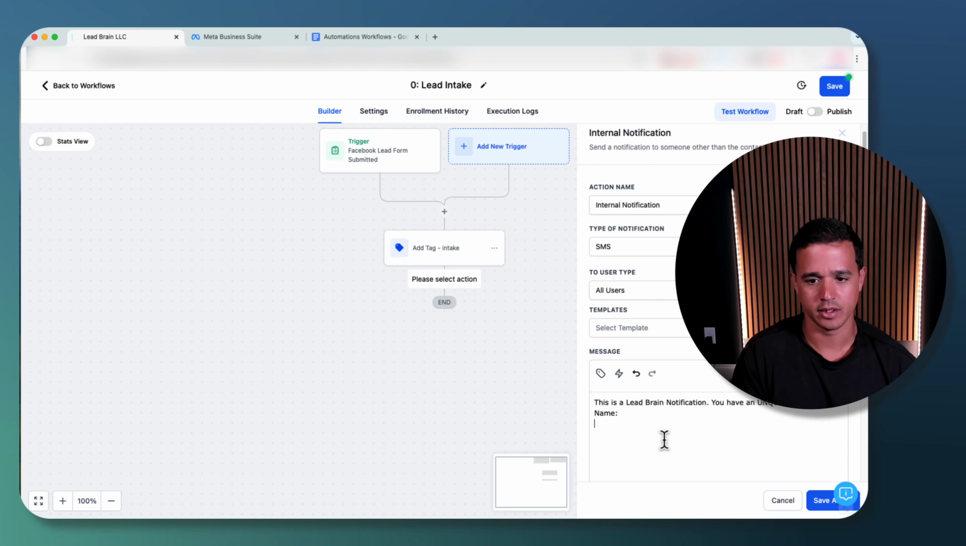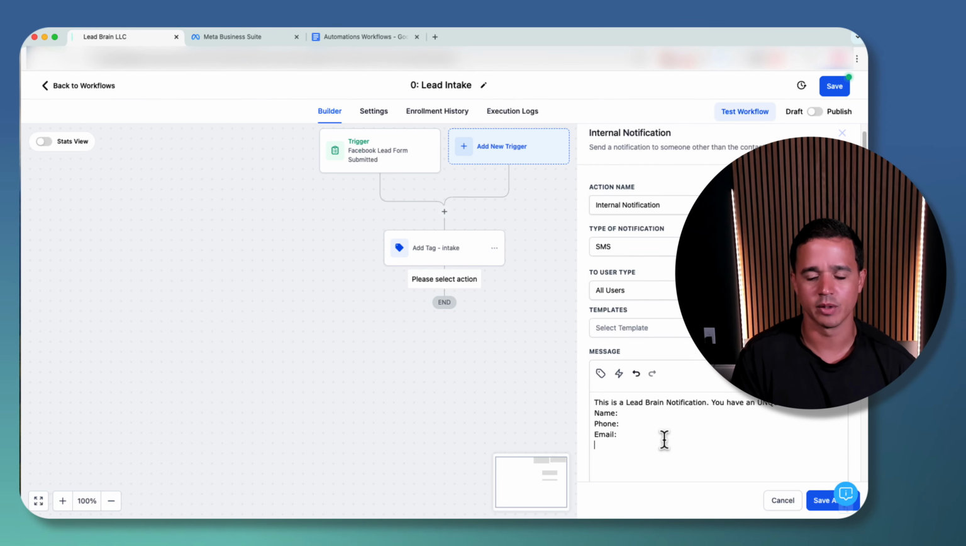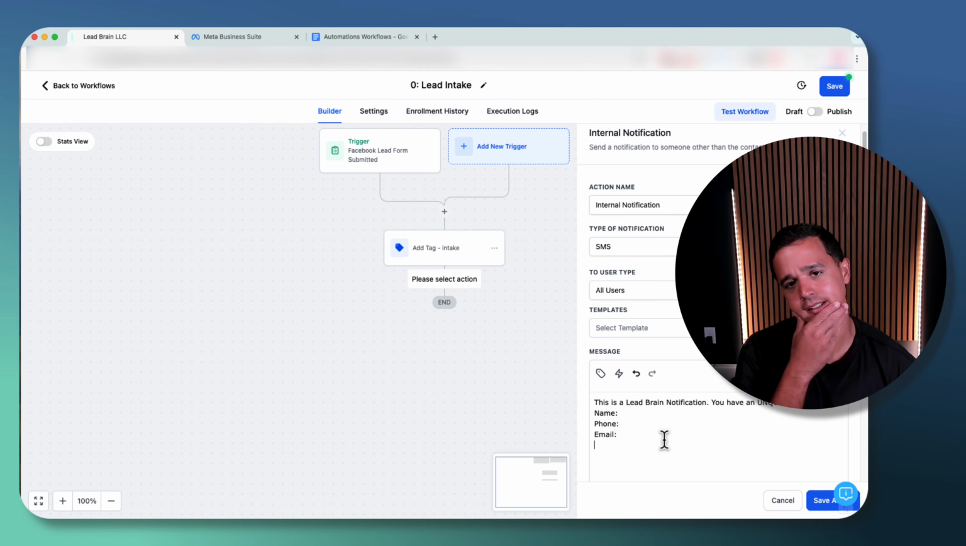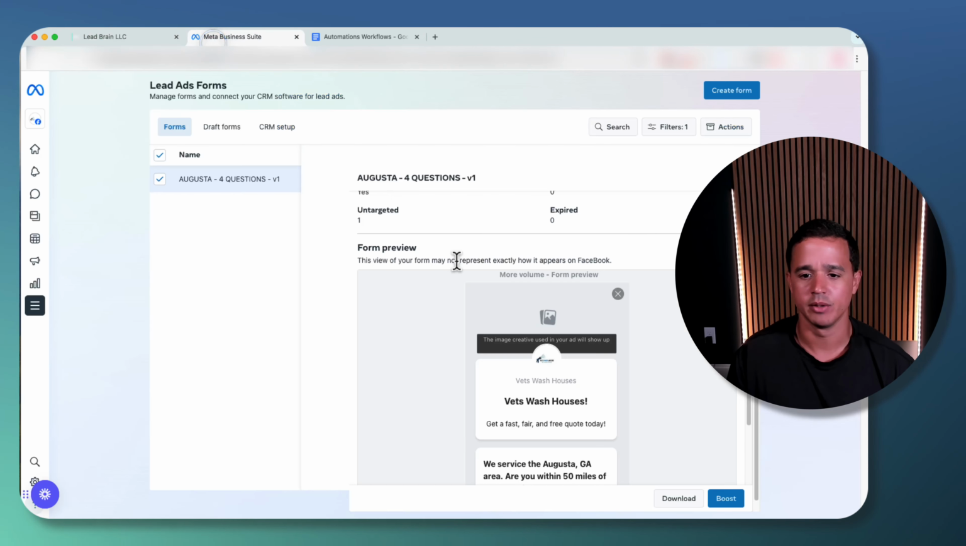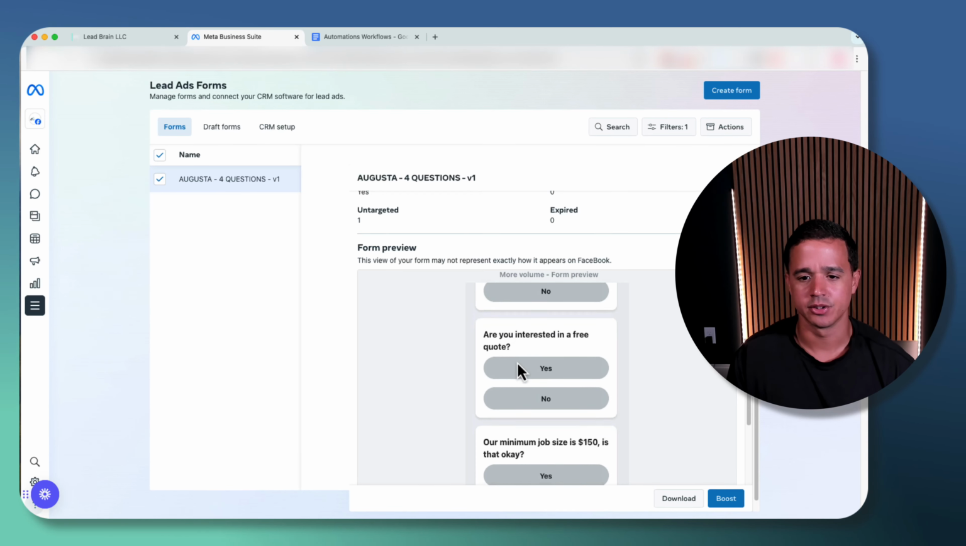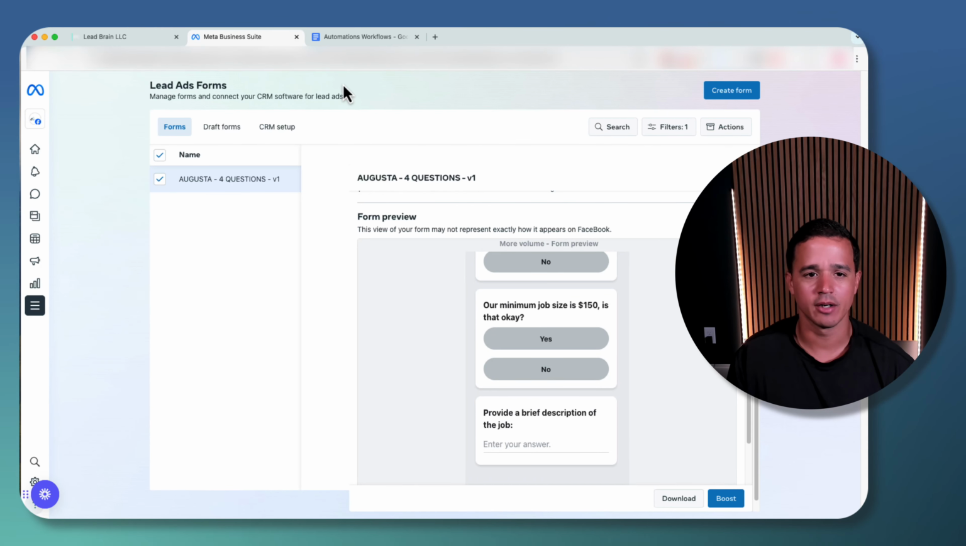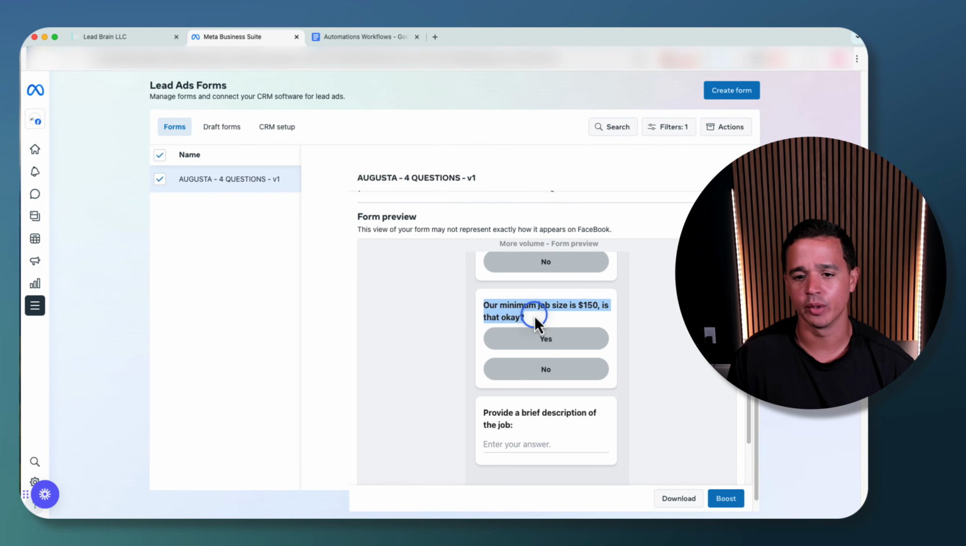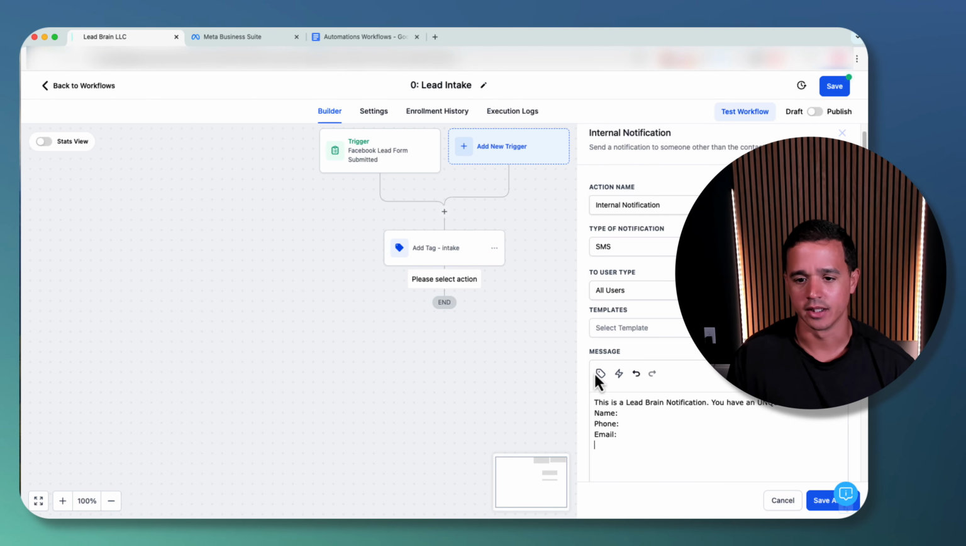And we're going to say name, phone number, email. And we asked some questions inside of the lead form that we had here, and the questions were, are you interested in a free wash? Yes. So I don't think all of this is important, but what I do want to bring in here is,